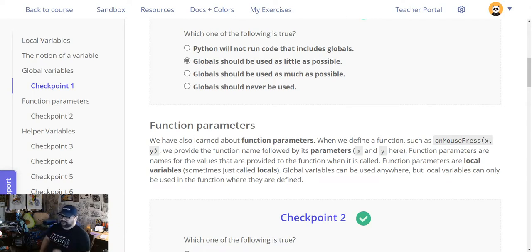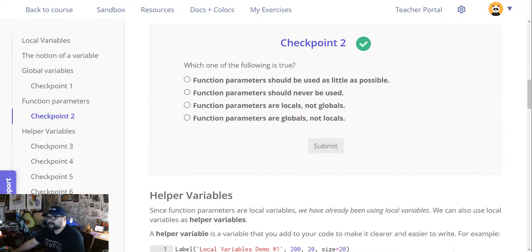So looking at this on mouse press x and y, those two parameters x and y, those are local variables for the on mouse press function itself. Sometimes you just call them locals. They are our parameters, but all parameters are local parameters for a given function. So,